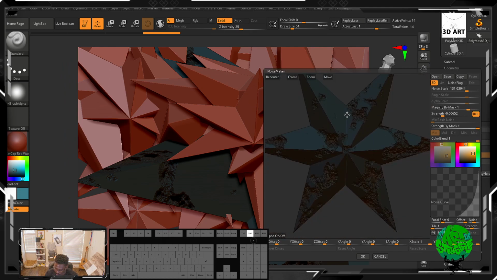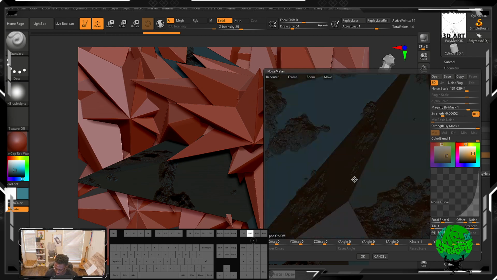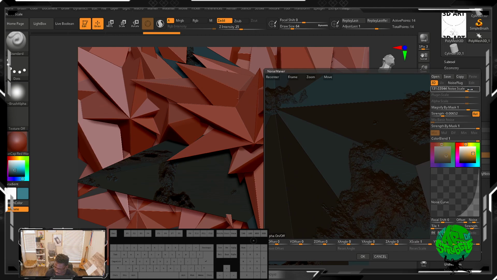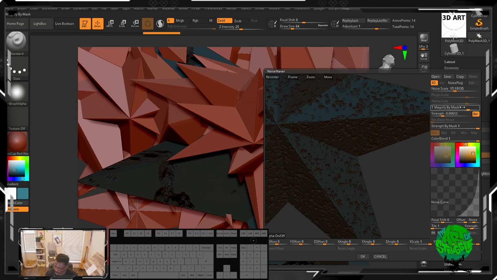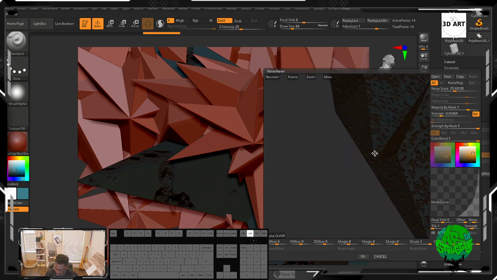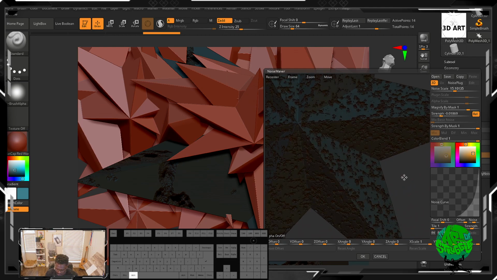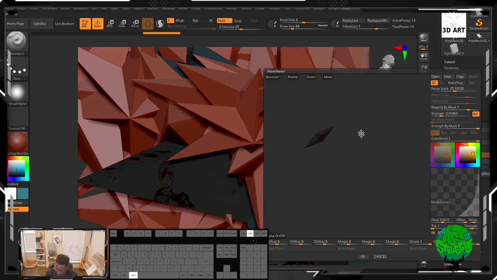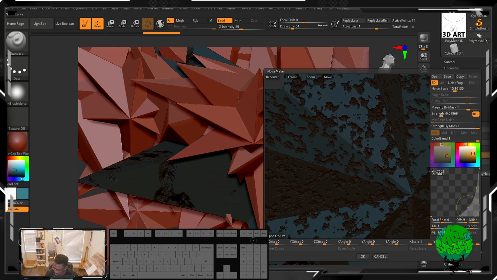So it's a pretty cool thing to add some destruction and different things like that to your model. If I come in here, I can change things like the scale and the strength of it, make it erode a lot more. I'm guessing it's using some sort of tessellation and deformation to cut into the geometry and give us what we're looking for. These are pretty cool. There's a lot of cool tools